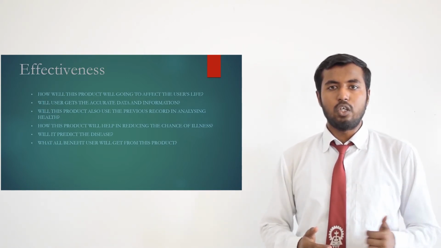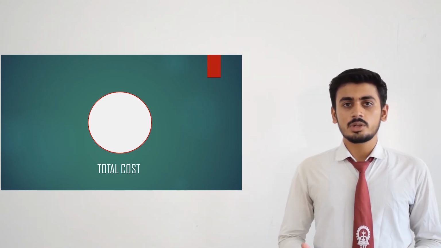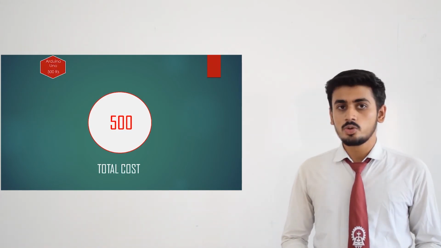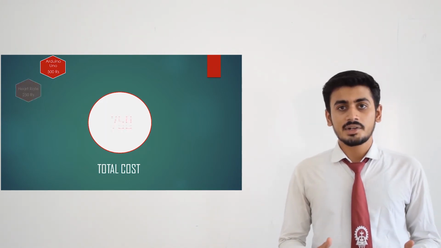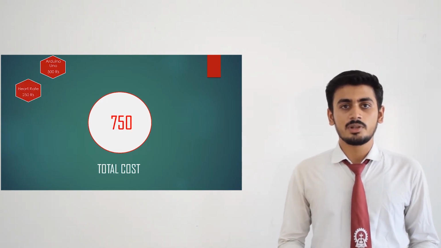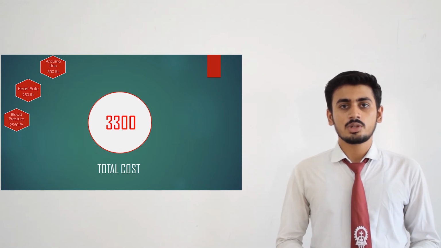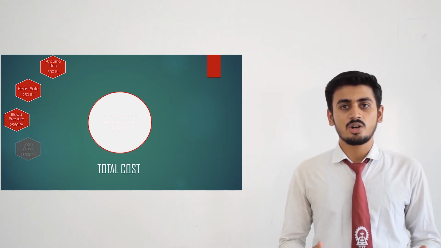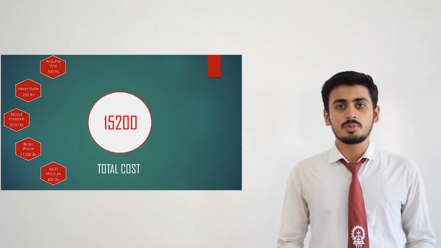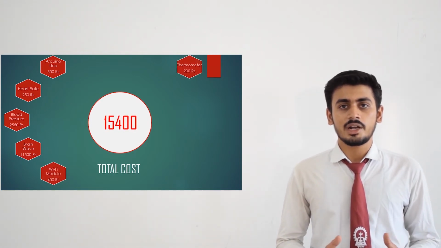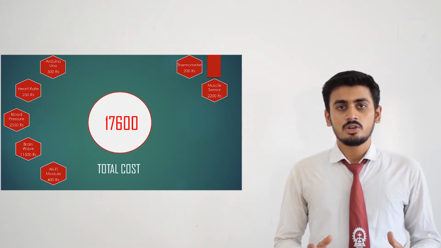Now, Sonu will continue. Now moving on the total cost of our device. The Arduino UNO used in this device costs 500 rupees, heart rate sensor costs 250 rupees, blood pressure sensor costs 2050 rupees, brain wave costs 11,500 rupees, Wi-Fi module 400 rupees, thermometer costs 200, muscle sensor costs 2200 rupees,